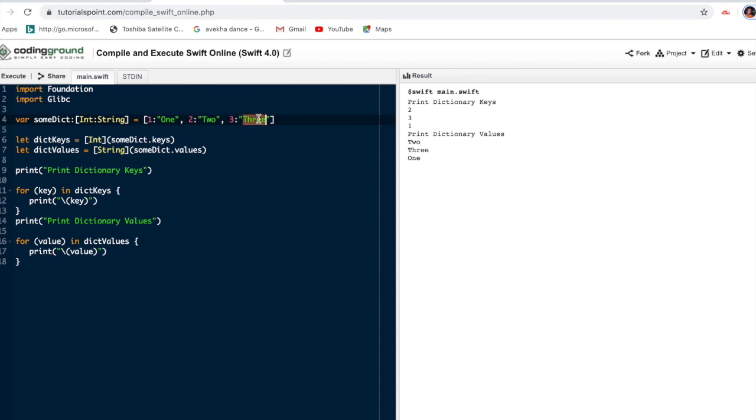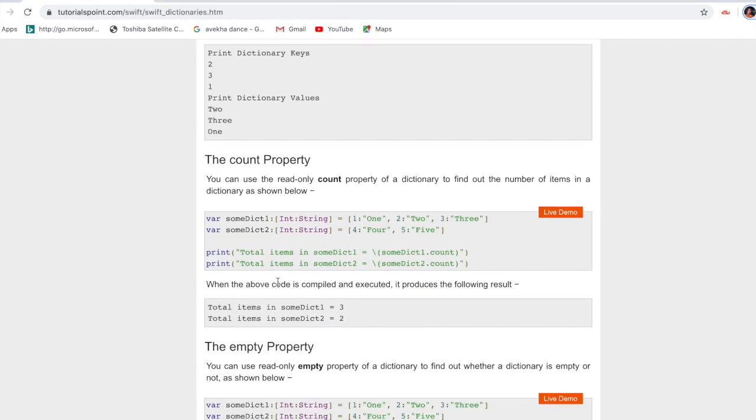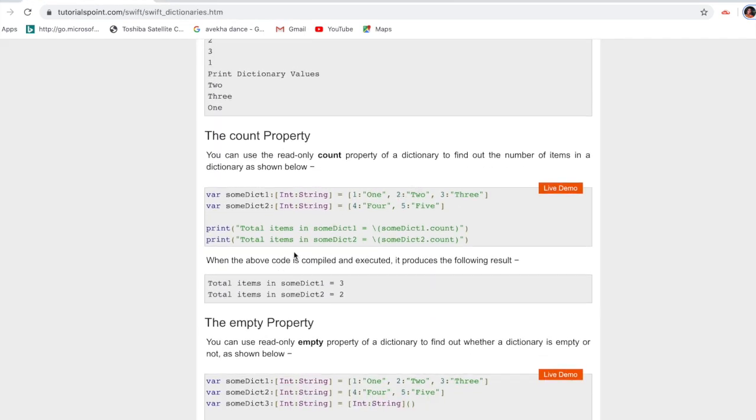So if I need to get only this value, I have saved. Okay, and I have printed the key values like 2 3 1, and this value is like 2 3 1. Okay, then we can also get the count.